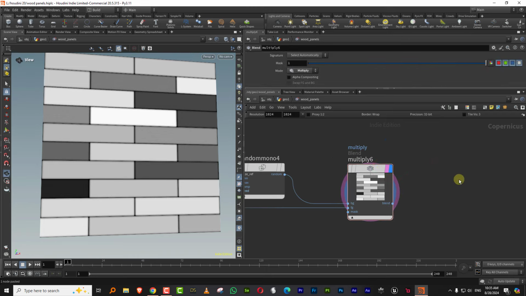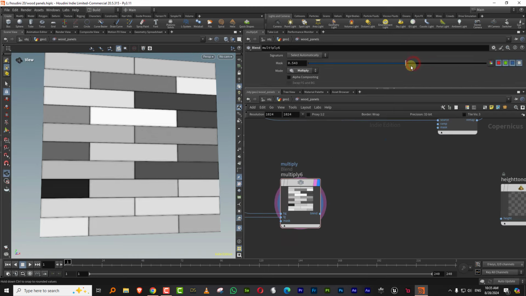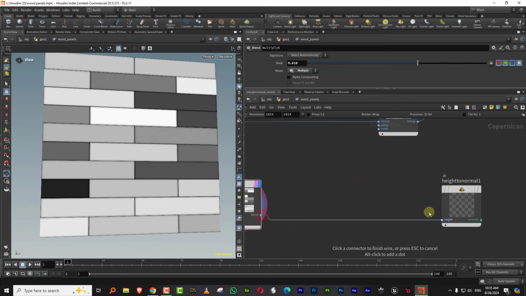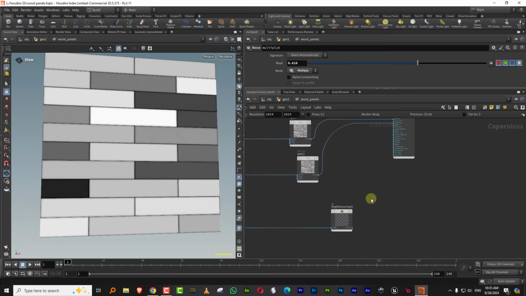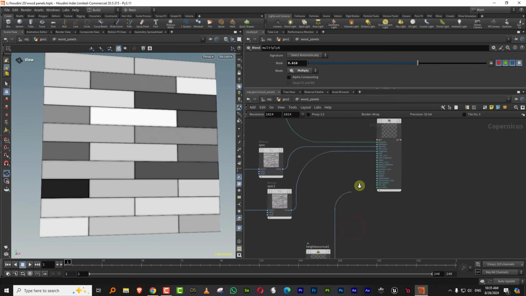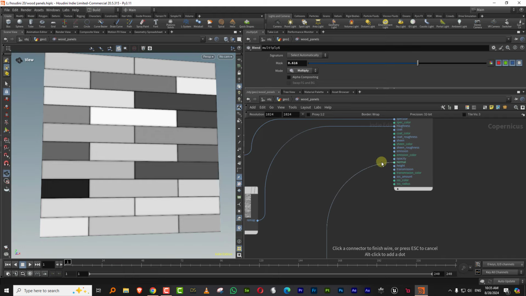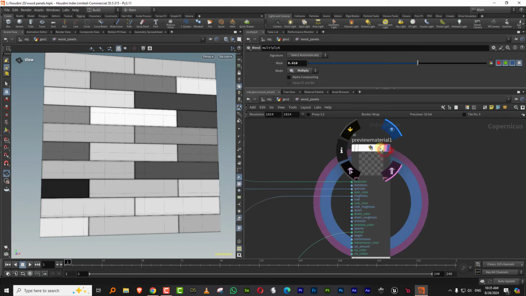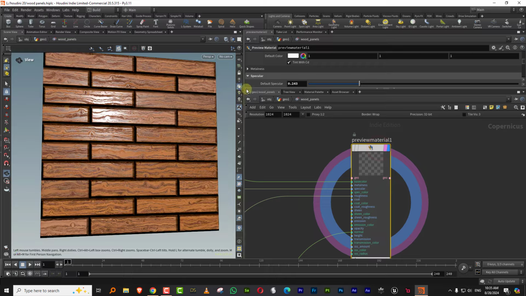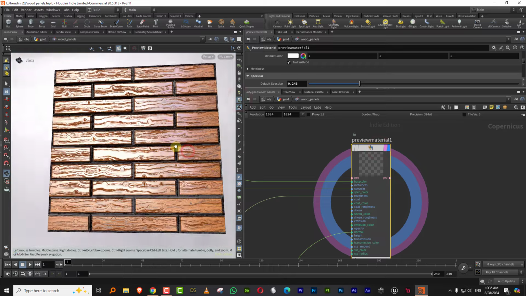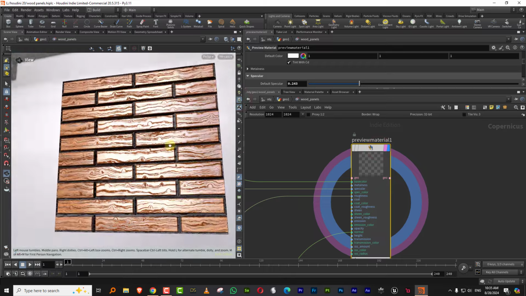So we'll have a little bit of rounding on this, and I can plug that into the height. So it goes from height to normal, and then plug that into normal. There you go. So you'll get this, and we can take a look at this with my final result, except